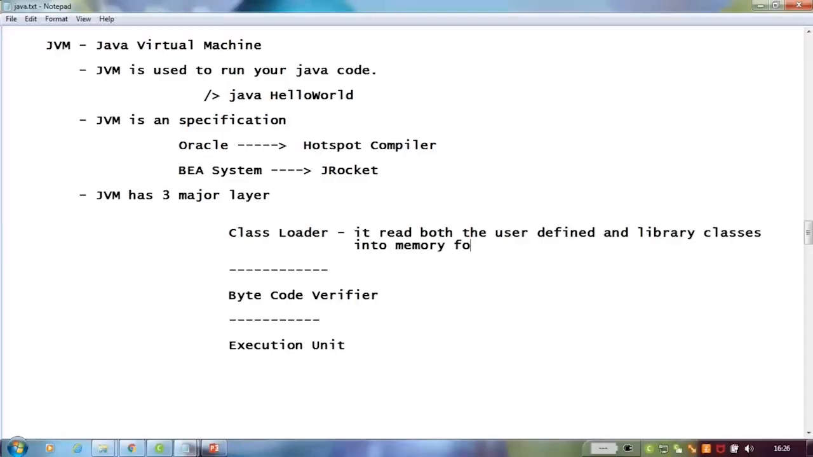Memory for execution. Now you will say that this class loader is used to load, in very layman's language, the .class file. Now this .class file it is going to load, but when it is going to run a particular code, this hello world.class file is going to load, plus it is going to load some library classes also. So this class loader,